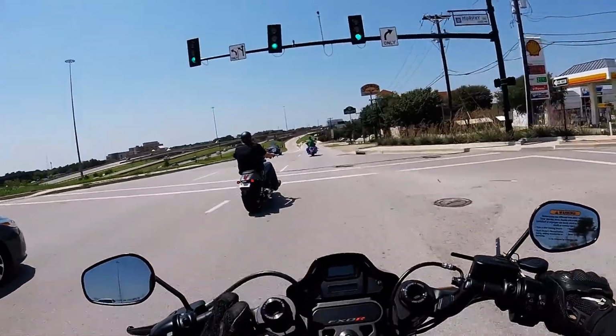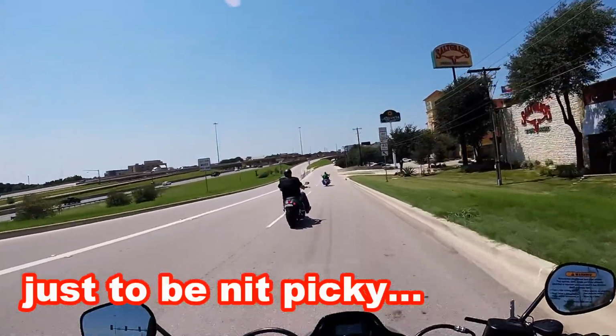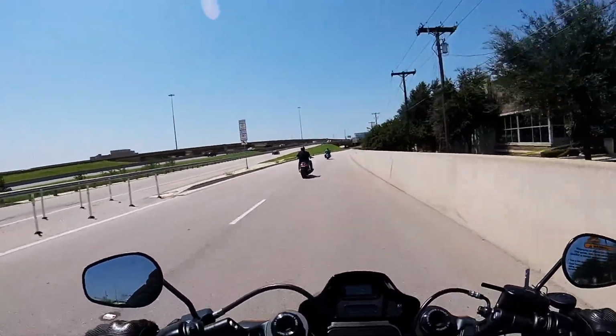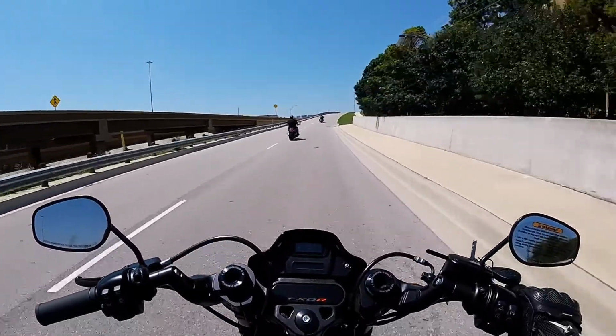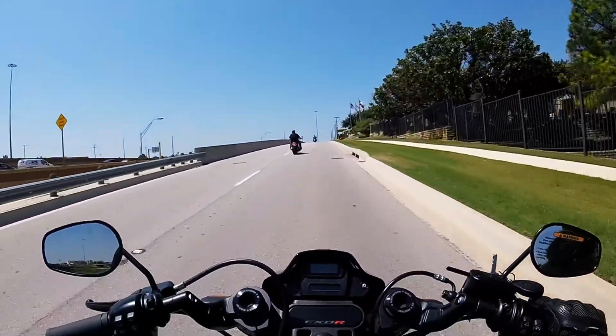If there is one complaint I have about this bike, it's that the transmission is just incredibly notchy. It is a giant clunk into any gear at any speed. It just feels super bizarre to me. I don't know if that's by design or if that's because it's got to have a really beefy transmission to handle the torque,